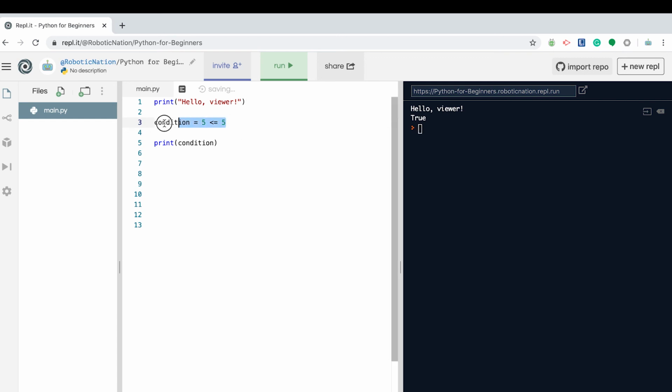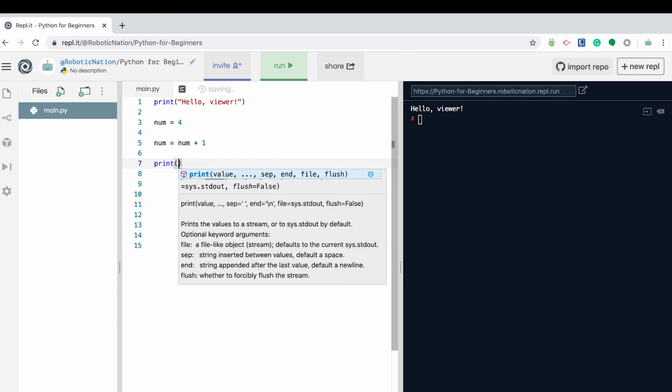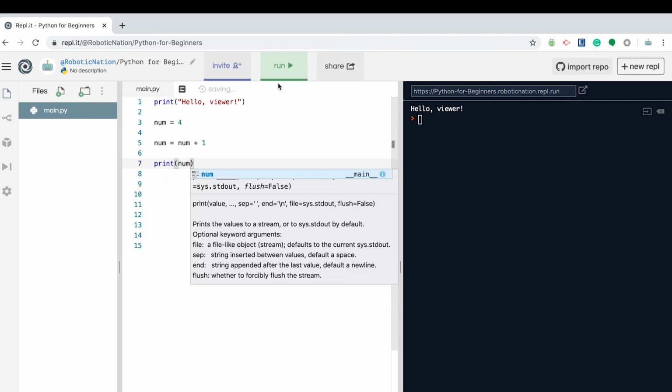Now we can move on to assignment operators. And assignment operators are even more useful in loops. I know, we're going to be learning a lot next video. But, okay, so let's say our number equals 4. And what if I wanted to increase this number by 1? I can do number equals number plus 1, right? If I run that, oh, I gotta print it. Now, if I run that,